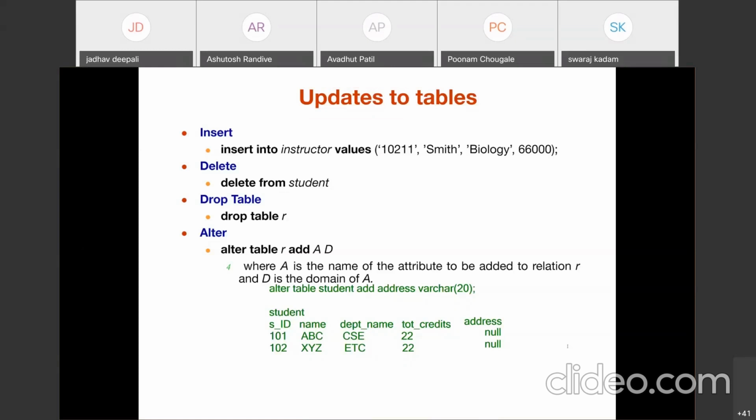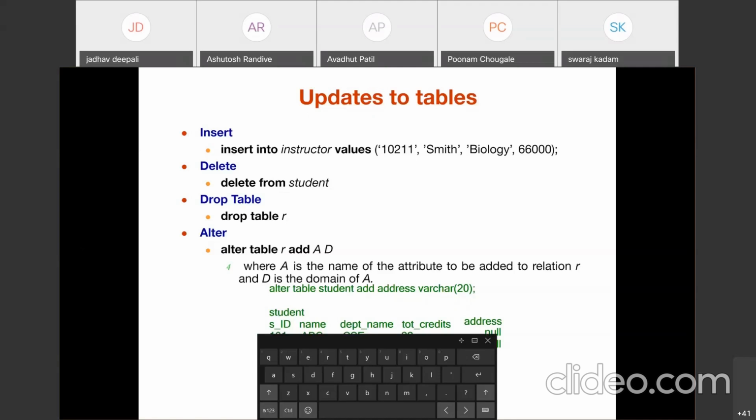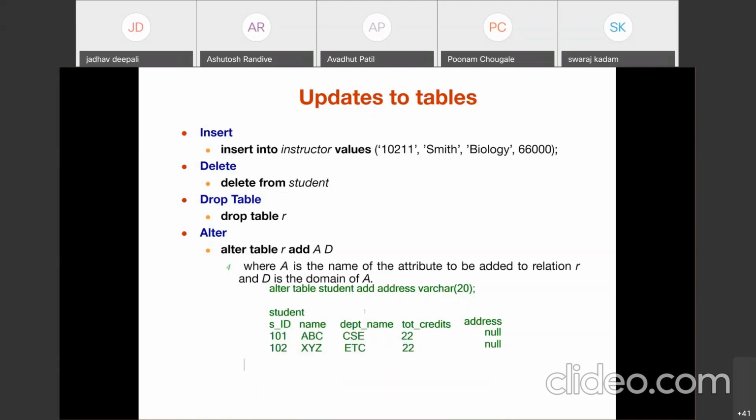Now suppose I want to remove or drop a particular attribute from this table. Simply we use alter table student drop, suppose total credits.